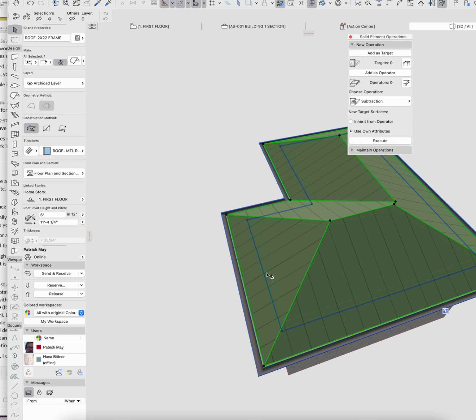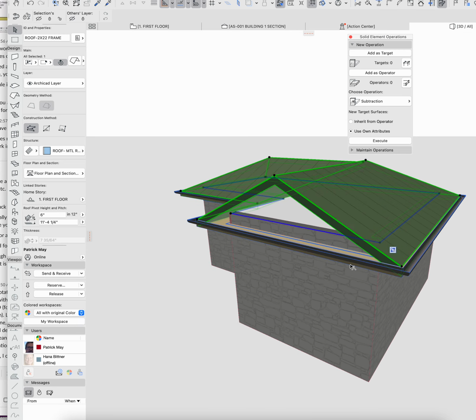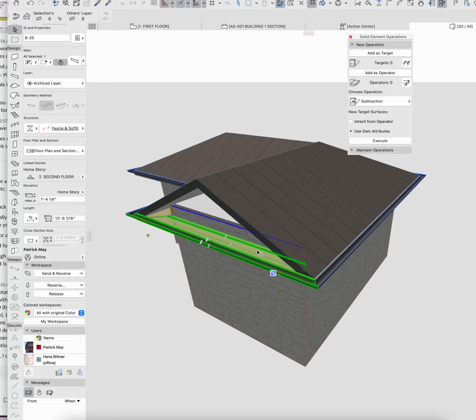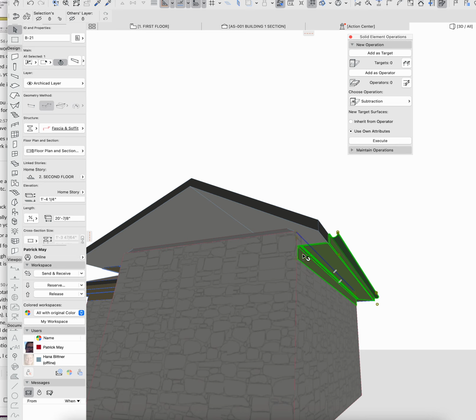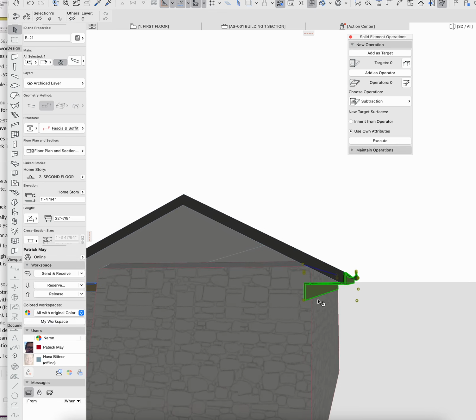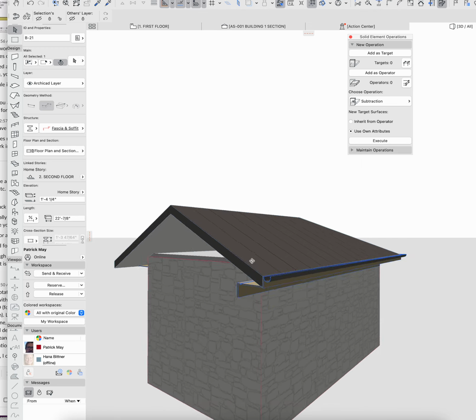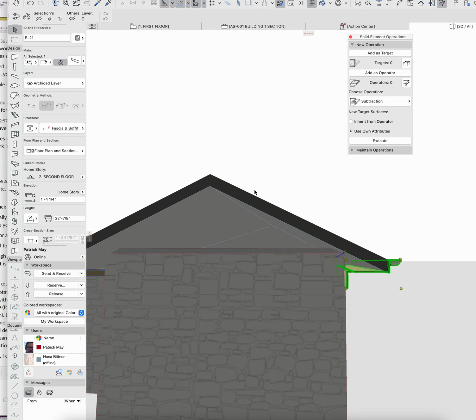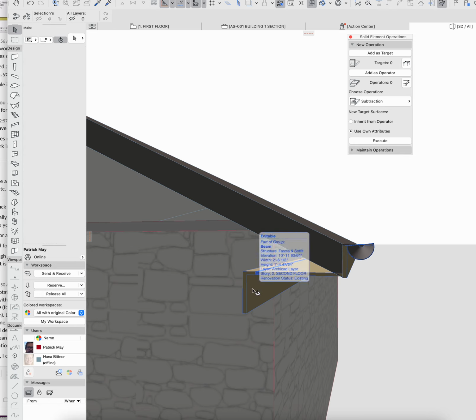Let's just say, for example, on this roof edge right here, if I click right here and say that that roof edge is a gable, right? So obviously I don't have the soffit running across here anymore. This is where it might not make sense to model the soffit, fascia, everything as one element. If I pull this out to here, I get that fascia board to there. Obviously I could set another beam and get that to match up. But then I also have this sort of piece to infill here. I've got my gable end to infill. So it might make sense to model any kind of band trim with a separate beam, soffit with a slab,